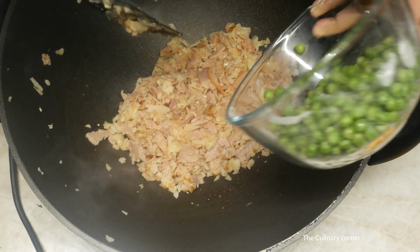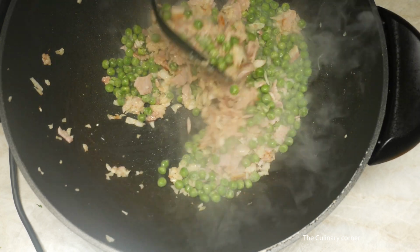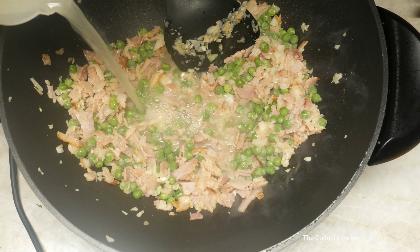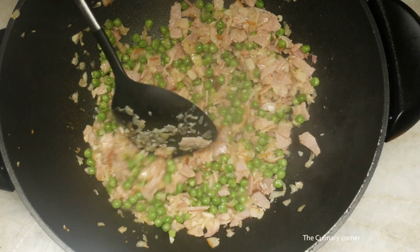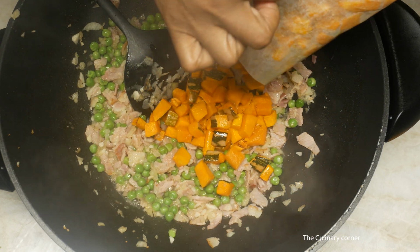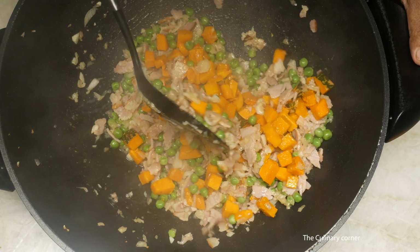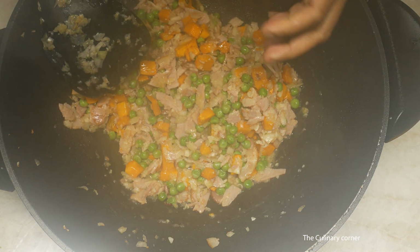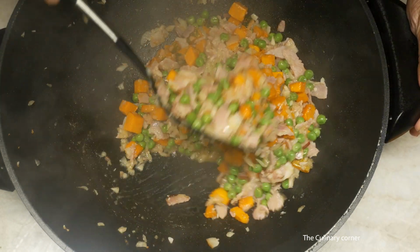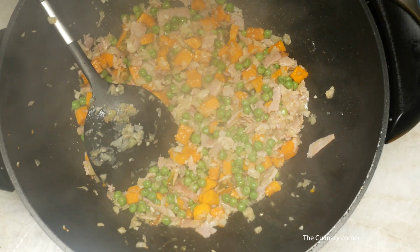After, add the green peas. And add about a cup of water that you left from the pasta. After cooking the green peas about 1 minute, add half of the pumpkin that you roasted and leave half aside. Mix it. If you overcook the pumpkin, it will be mushy, so you need to keep an eye on the pumpkin all the time. And after, add a bit more pasta water